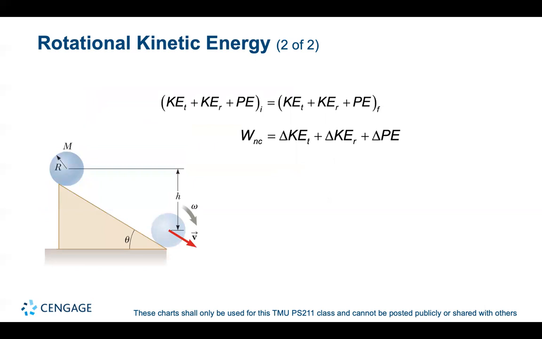So in this figure, a ball starts from rest at the top of an incline and rolls to the bottom without slipping. And so a system such as a bowling ball rolling down a ramp is described by 3 types of energy: gravitational potential energy, translational kinetic energy, and rotational kinetic energy. All these forms of energy plus the